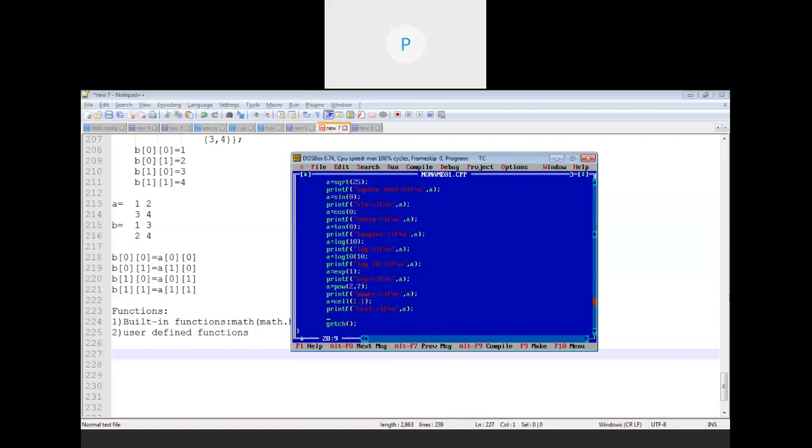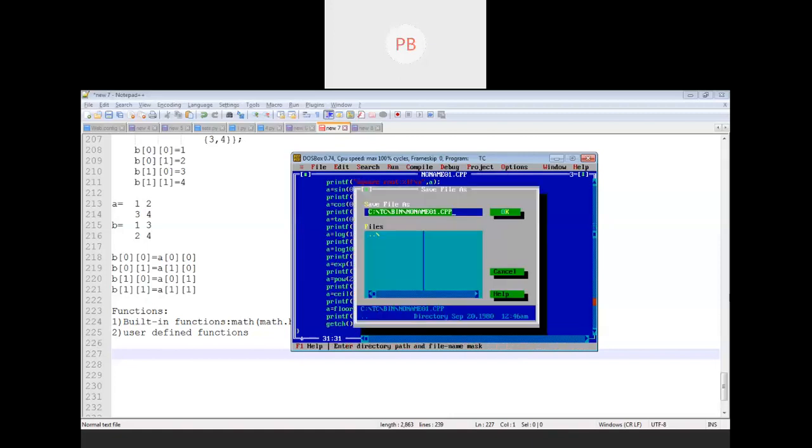Means it always rounds off the value to the largest integer. And floor is exactly opposite to ceil. If I write floor 2.99, it will return the value as 2. Means it always rounds off the value to the nearest smallest integer. Now let's see the output of all the functions.